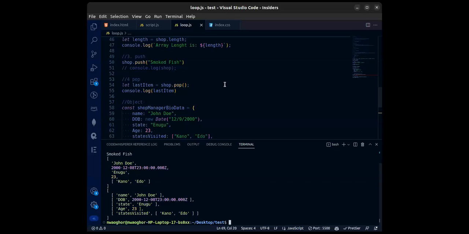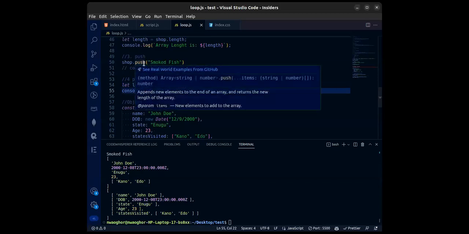So we can now store that value that we are expecting from that particular method in a variable so that we can use the value for something else. Maybe we just want to display the value or use it for something else. So we can store it here, for instance. But when we get to push,